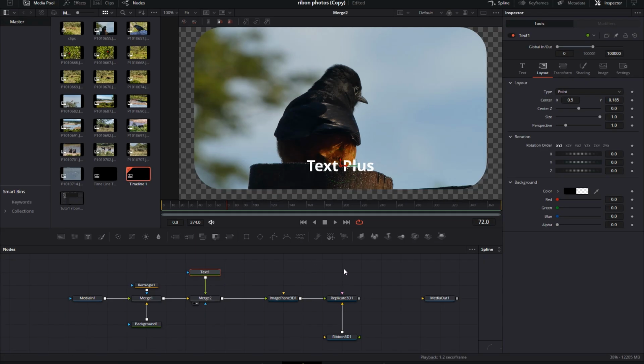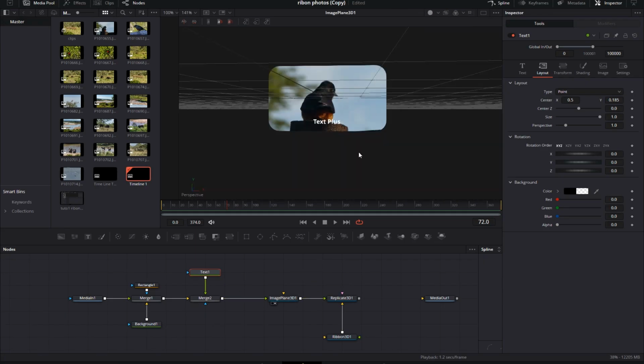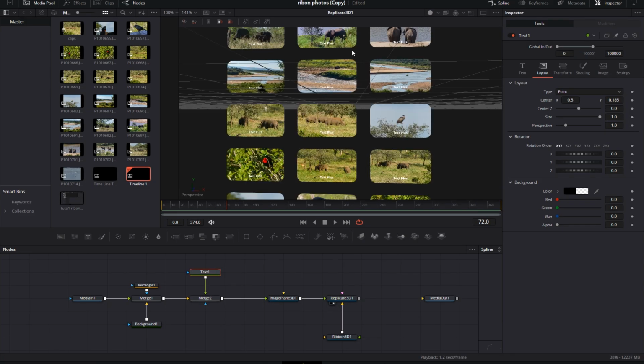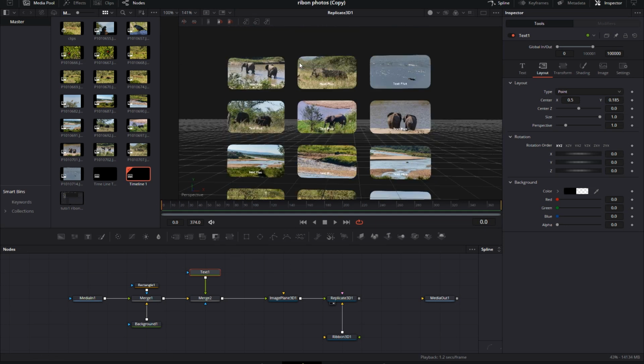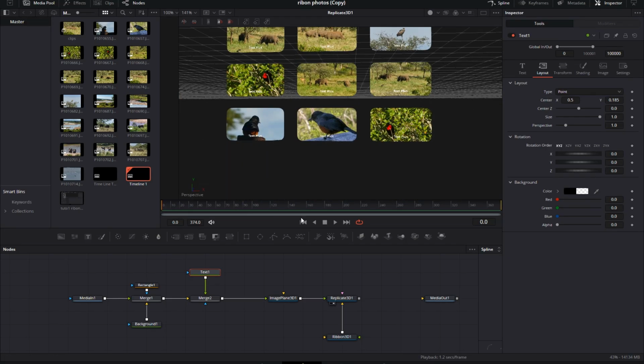You can individualize the title of each photo. The first photo is at the bottom left.